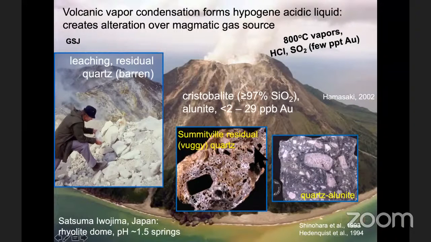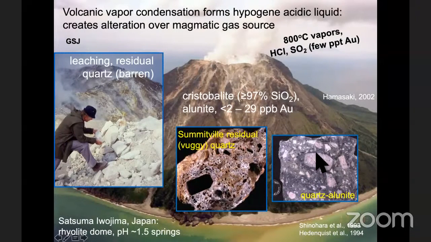So this is not what we see at Satsumaiojima because we cannot see it at the heart, but this is what we see in high sulfidation deposits, the kind of rock that would be produced at the heart of this volcano. Vuggy silica, here, this is from the Summitville deposit in Colorado. Originally, this was a rock, a dome, with large orthoclase